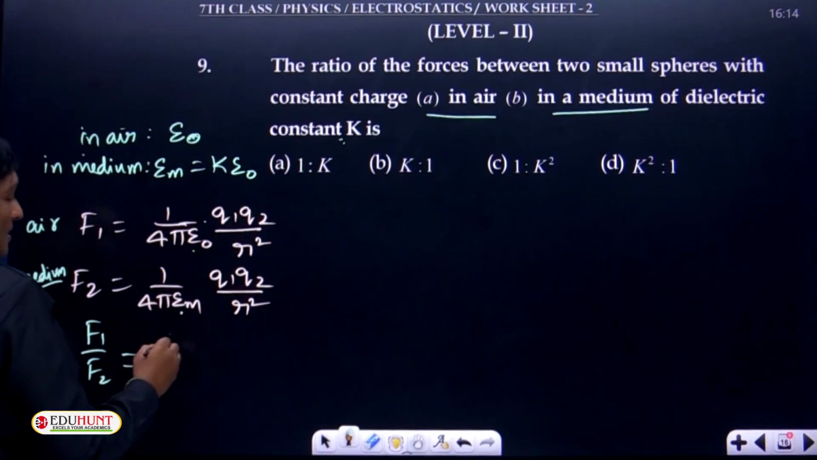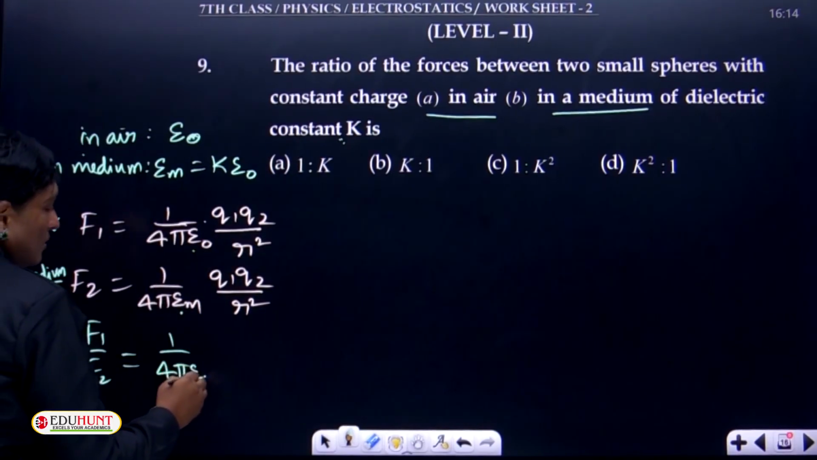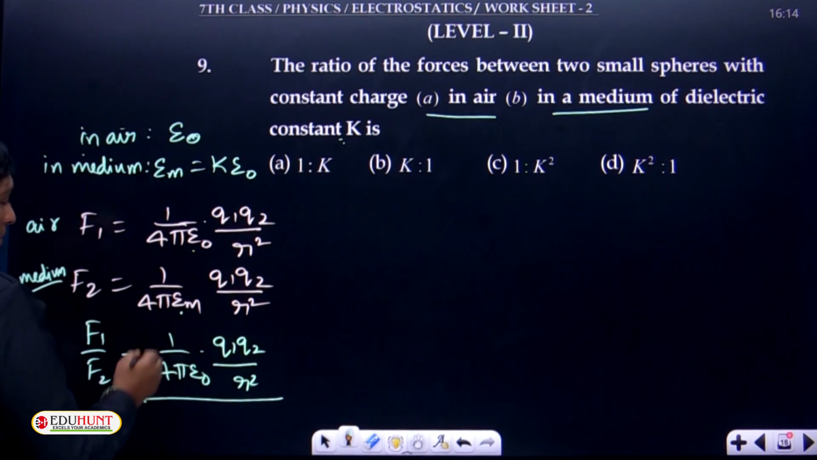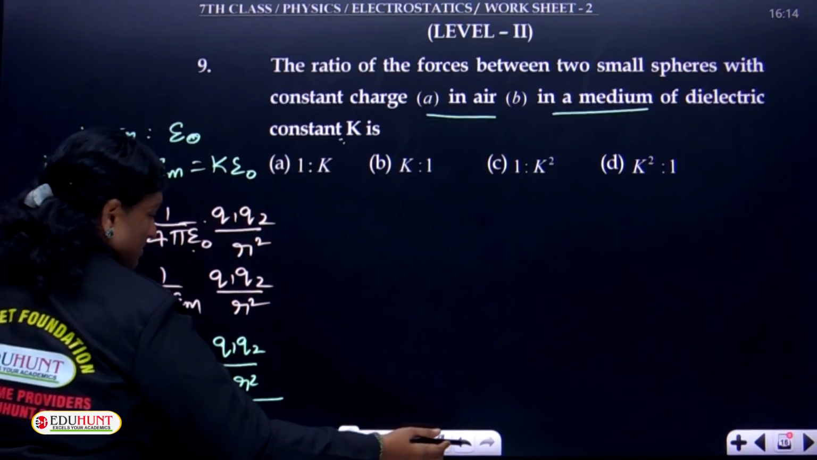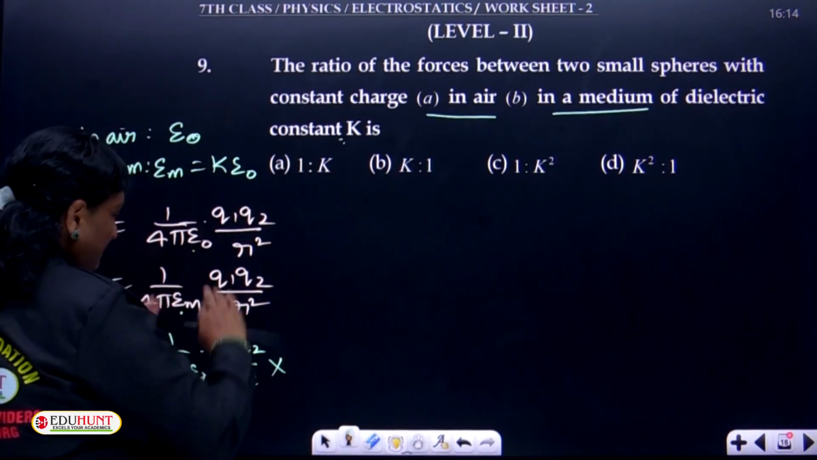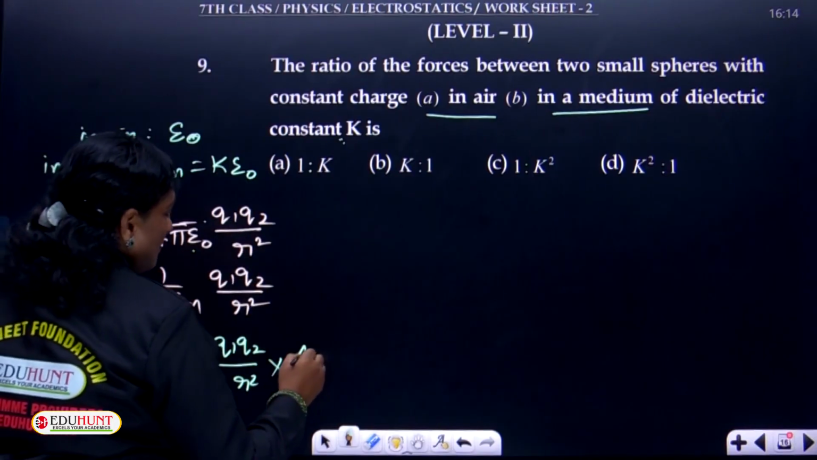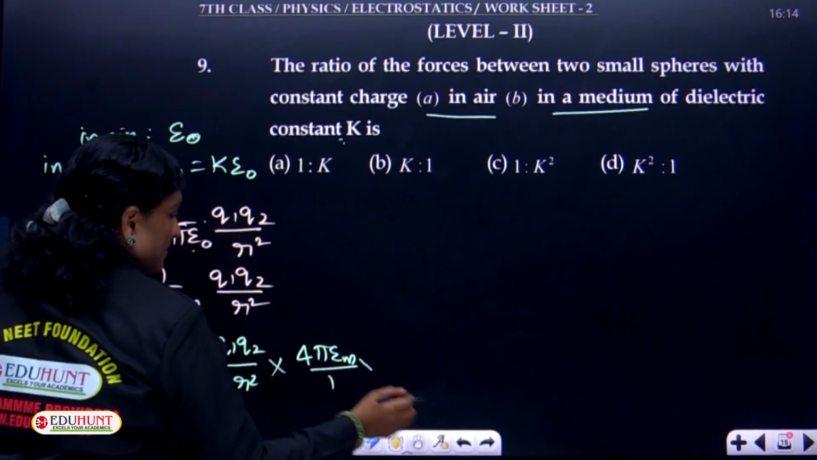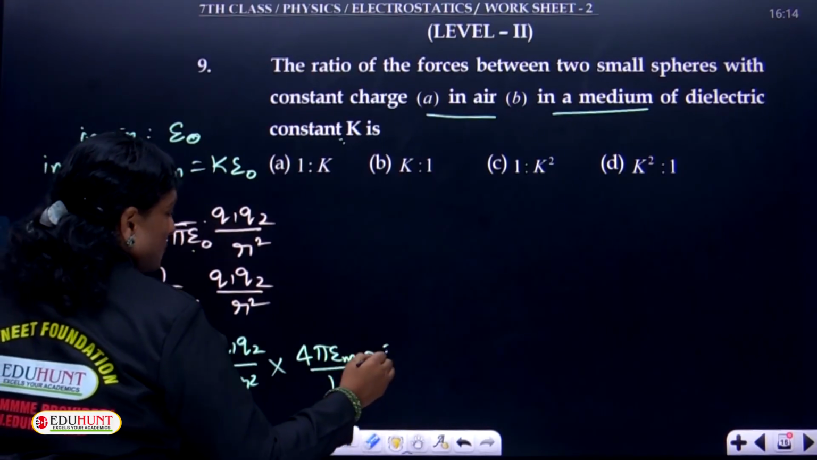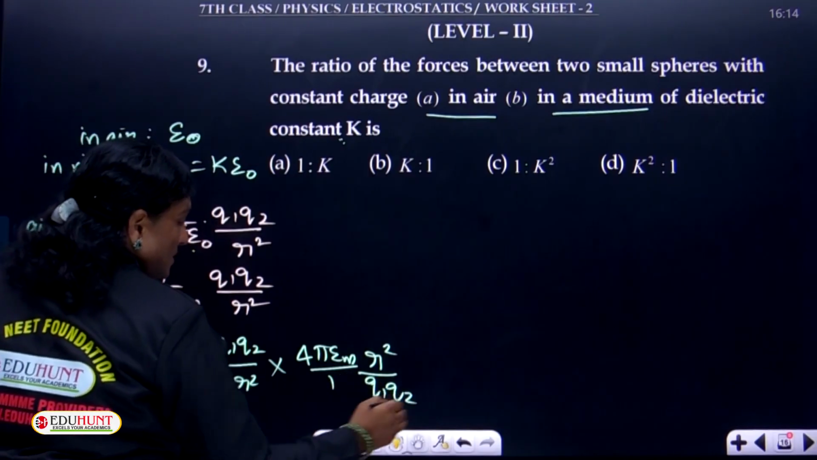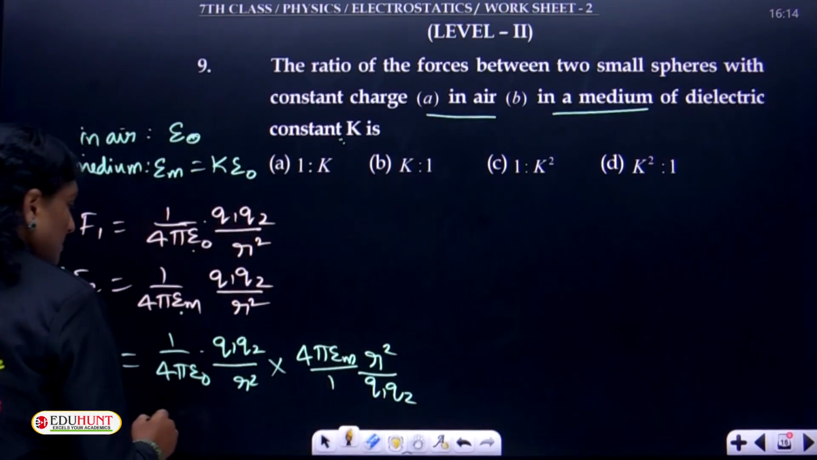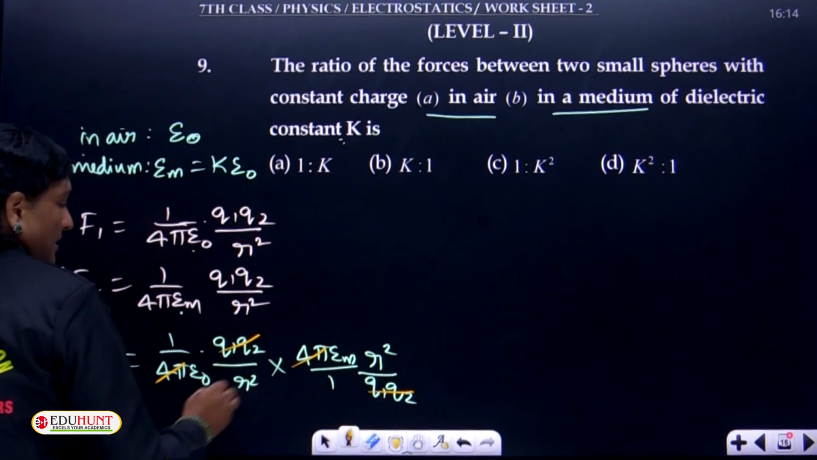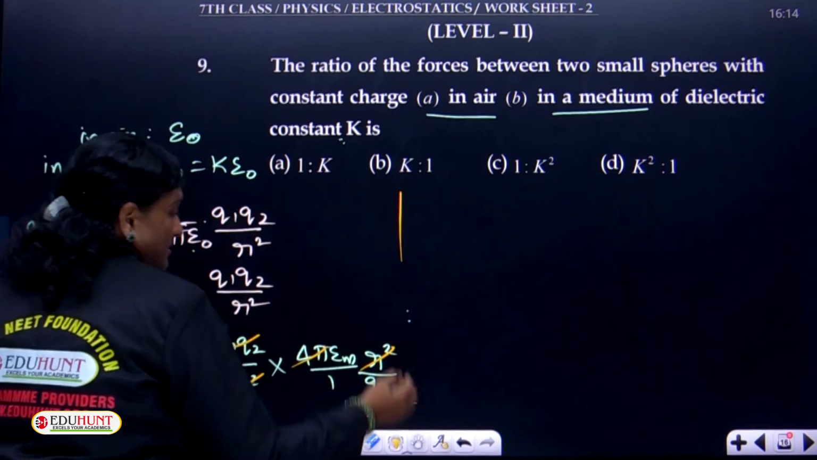F1 is 1 by 4 pi epsilon naught Q1 Q2 by R square, whole upon 1 by 4 pi epsilon M Q1 Q2 by R square. Instead of dividing, let me write it as multiplied by the reciprocal: 4 pi epsilon M by 1 times R square upon Q1 Q2. Simplifying this, Q1 Q2 gets cancelled, 4 pi also gets cancelled, R square also gets cancelled. Hence, you are left with